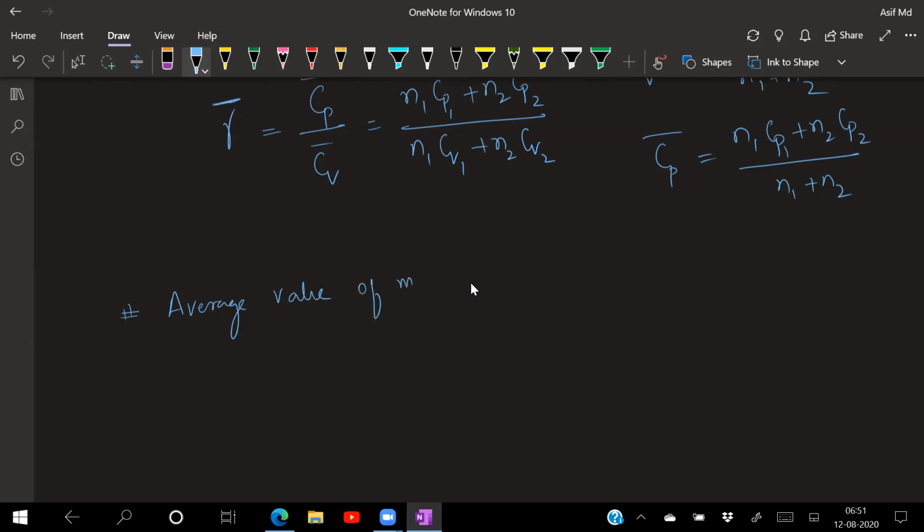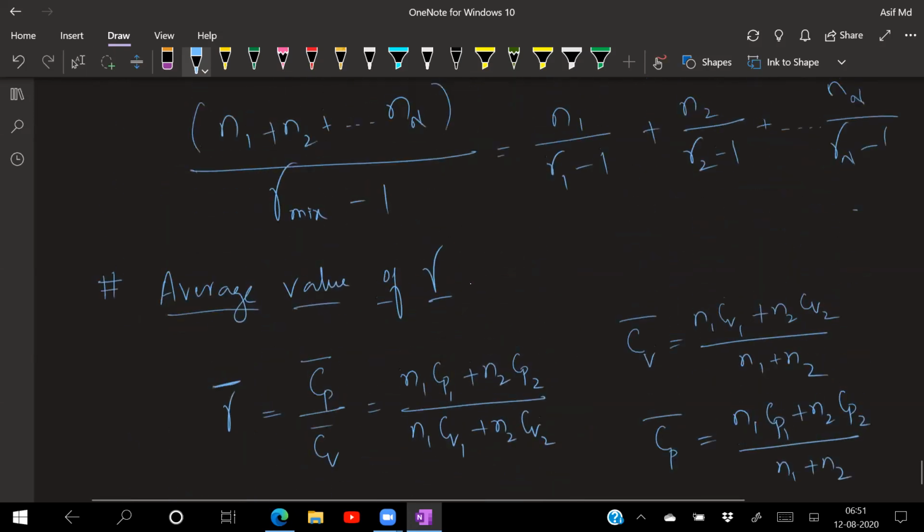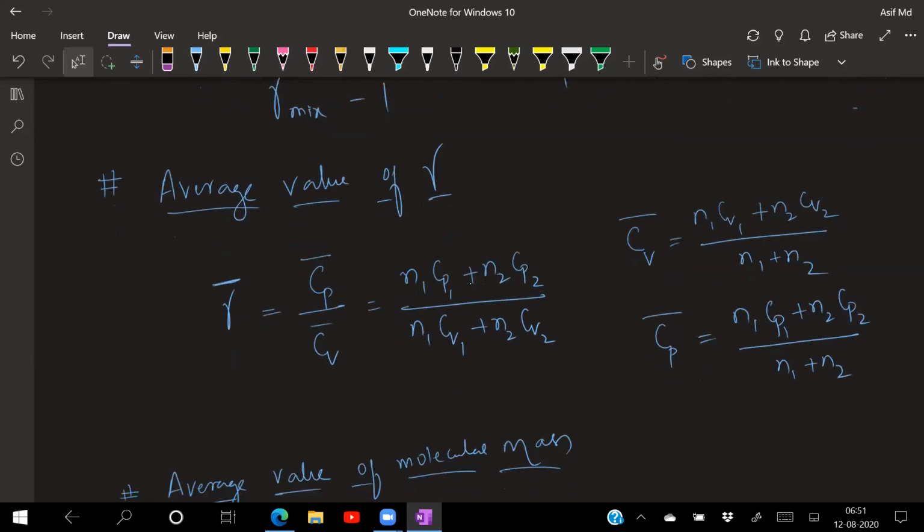Average value of the molecular mass, that means M bar. Molecular mass is the number of moles times the molecular weight of the first one, plus N2 into M2, divided by N1 plus N2. So this will be the average value for the molecular mass. So the average value of gamma is gamma bar is equal to...